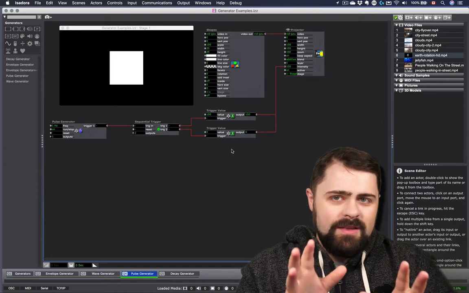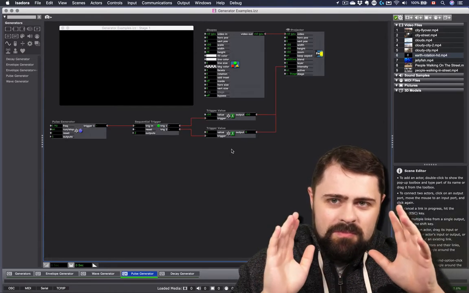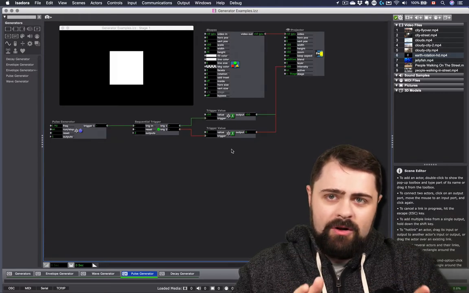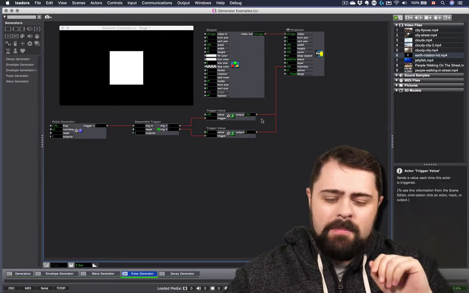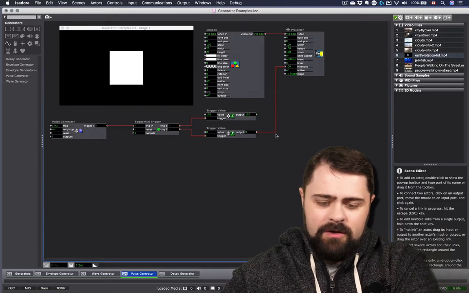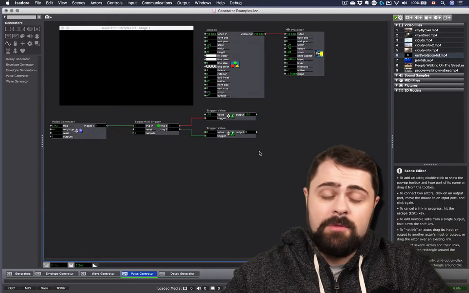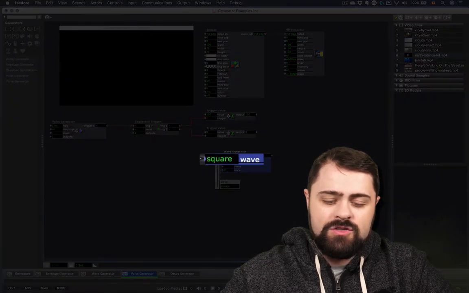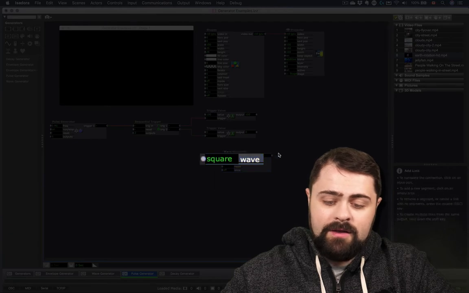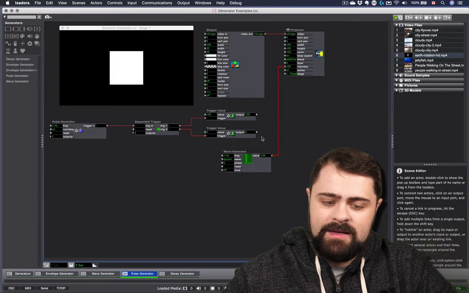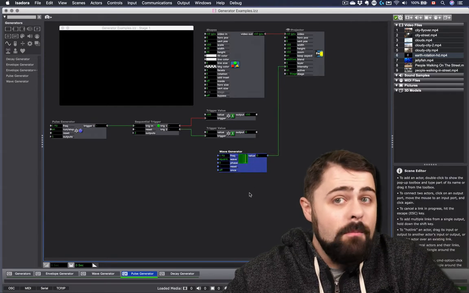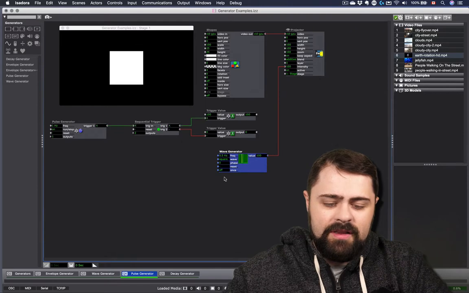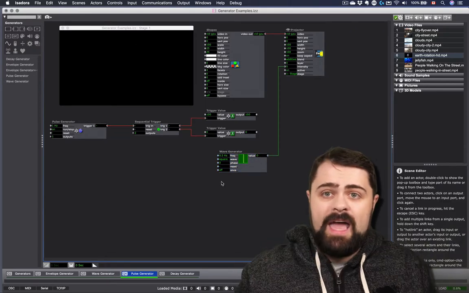Now, a quick thing to point out. What I've created here demonstrates the pulse generator actor doing its thing. But if I were to disconnect these trigger values, I could create a very similar effect by instead using a wave generator on the square wave connected right back into the intensity. And it creates almost the same thing, simply adjusting the frequency just a little bit to create the same pulse as before.